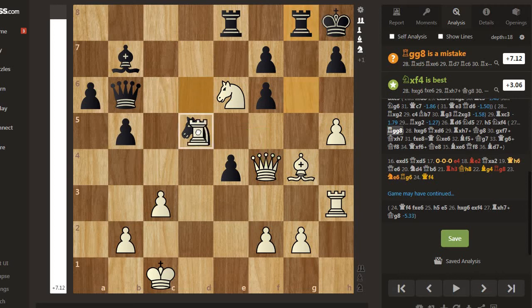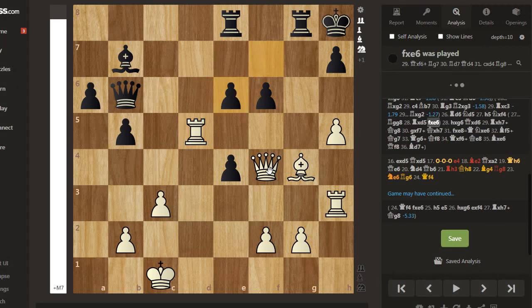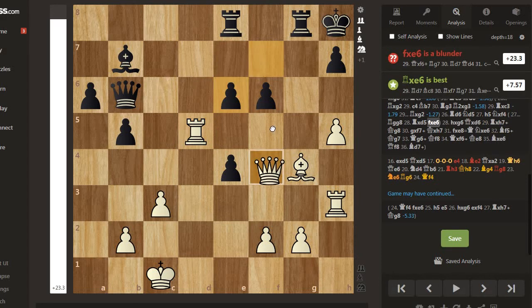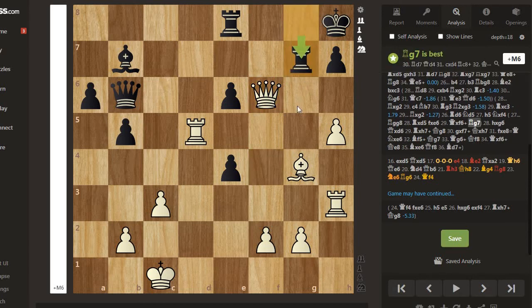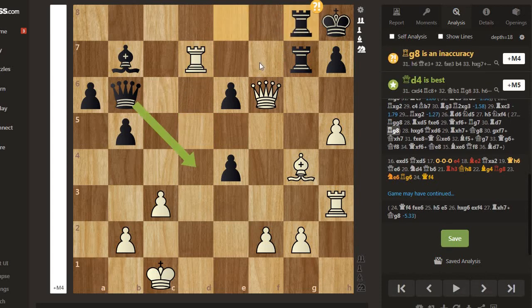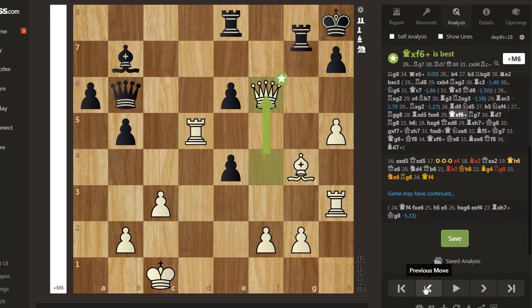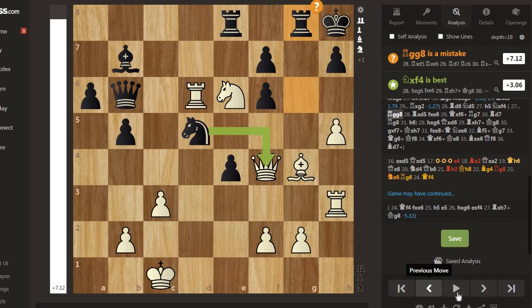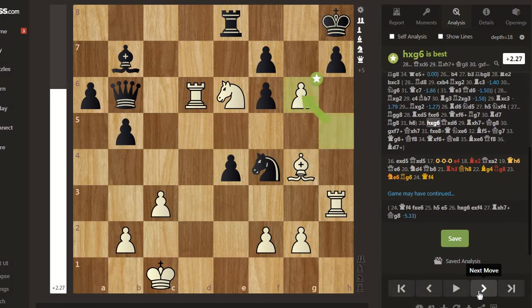After rook takes d5, f takes e6, and queen takes f6 check, rook g7, and there is rook d7, rook eg8, h6. So the queen has to be taken here, and after h takes g6,